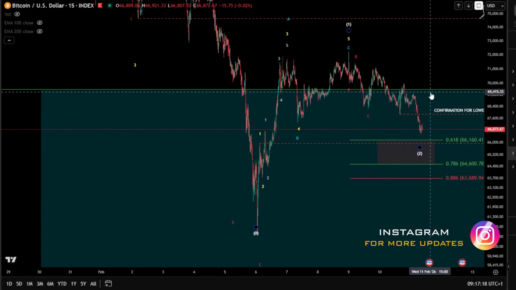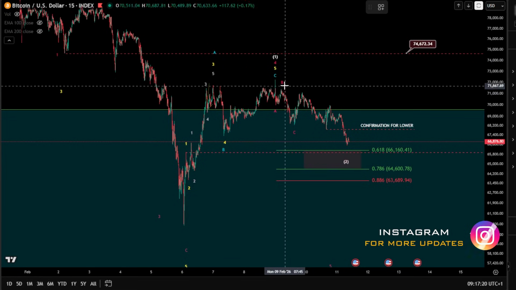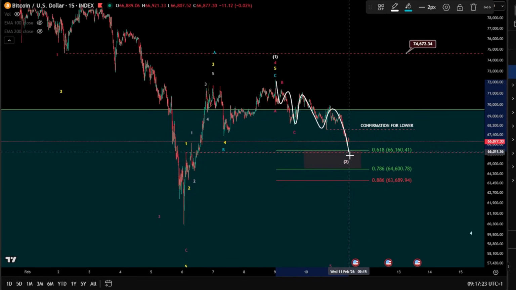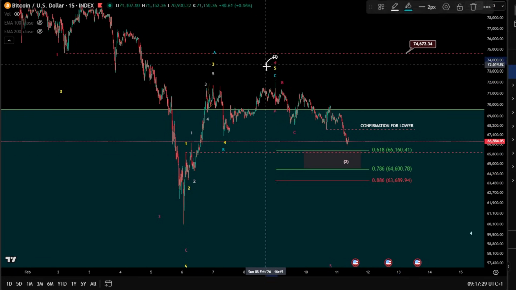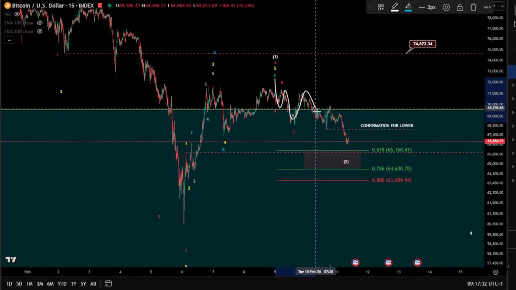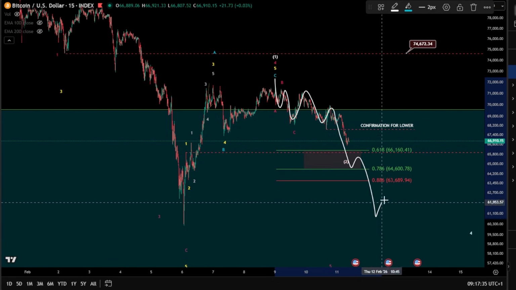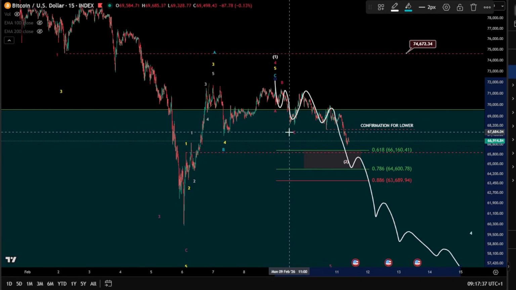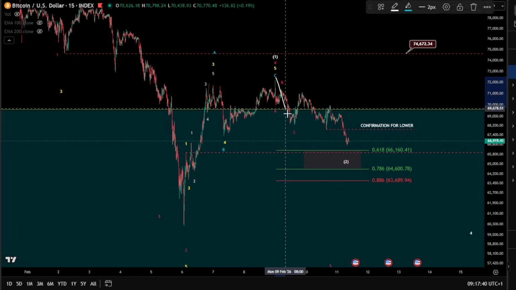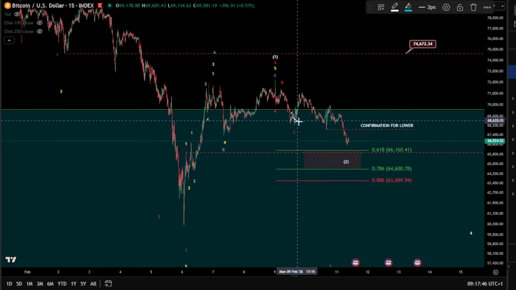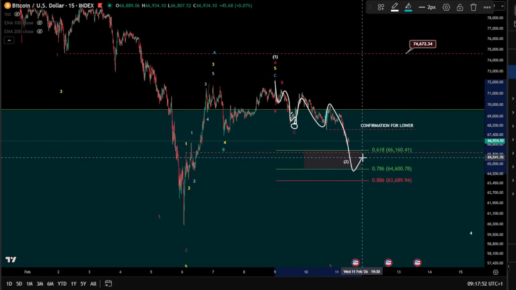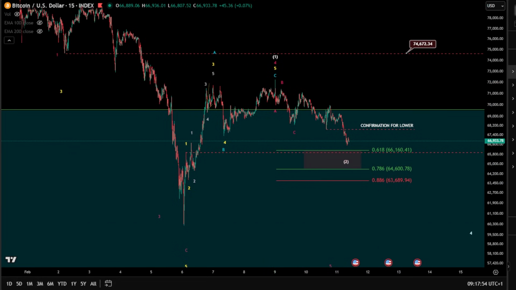It is out. We are left with two scenarios: whether we are in a deeper correction A, B, and a C here to unfold between the perfect fib level, or we are simply very bearish after a wave 4 here. 1 2 1 2 and then even 1 2 and unfolding wave 3 4 5 4 5 4 5 toward the downside, guys. It can be even a large 1 2 here. As I mentioned before, it can be considered internally as an impulse, meaning 1 2 3 4 5, wave 1 2 1 2 and then wave 3 4 5. So double 1 2 even is more than enough here. We have to be careful with this scenario.